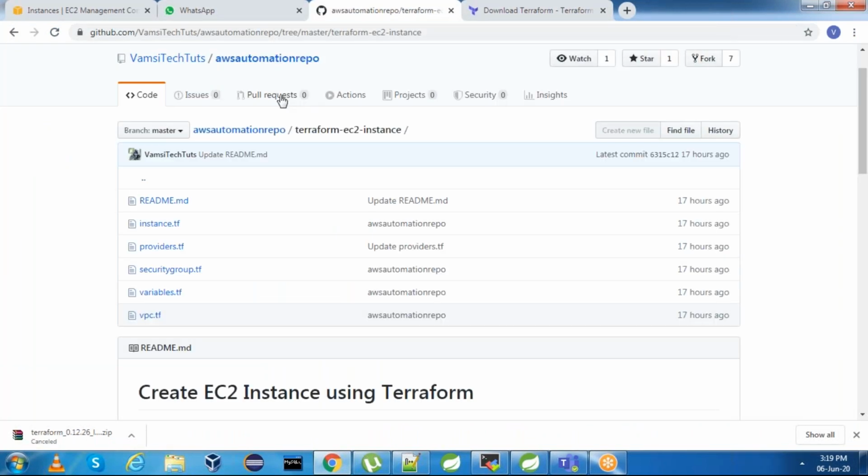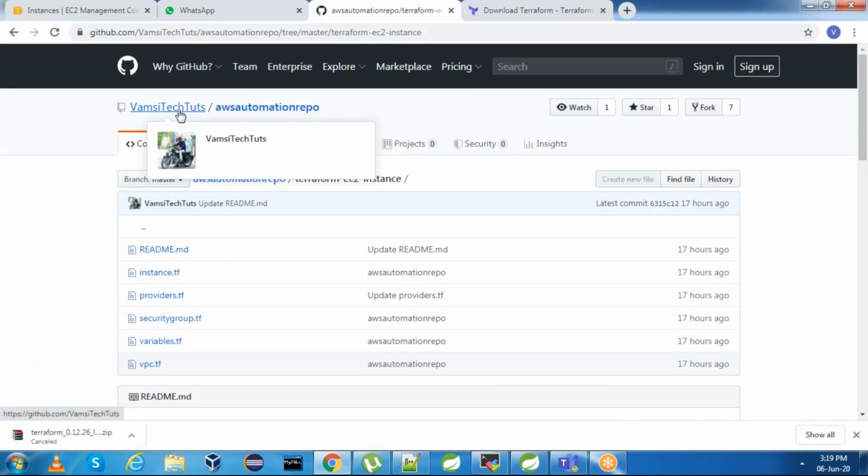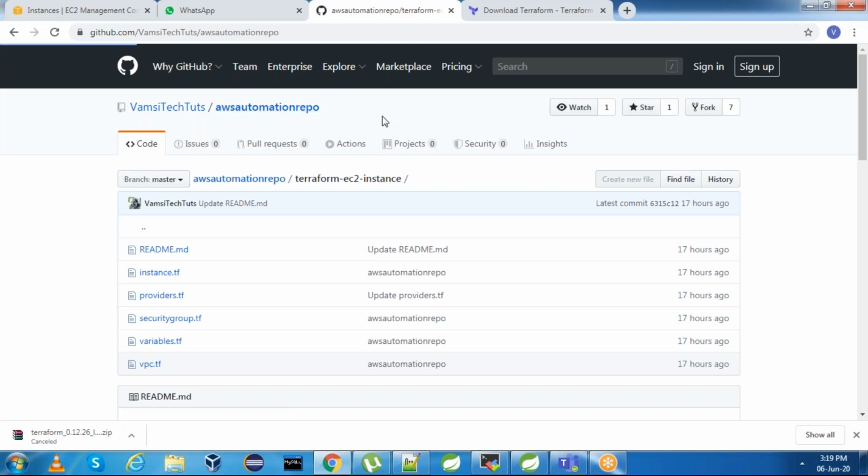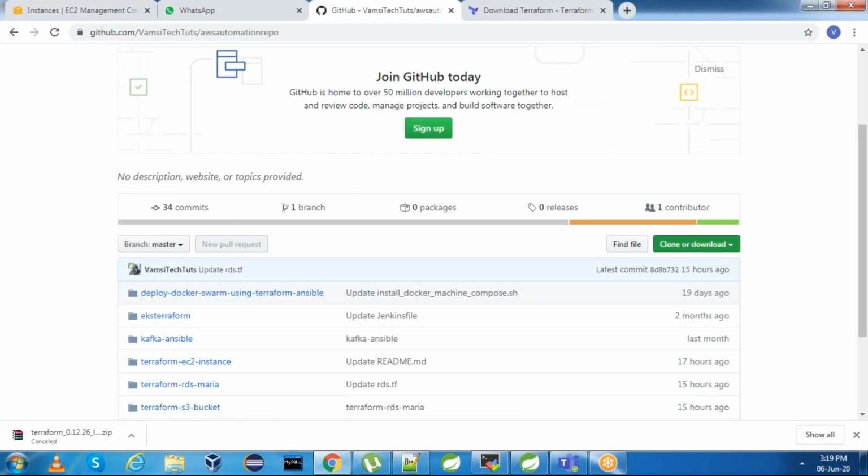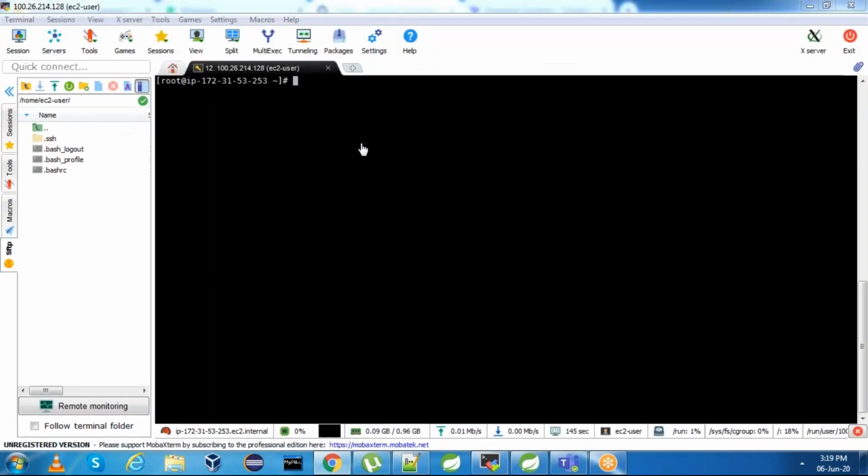instance. It's there under my GitHub repo, Vamsi Tech Tutorials AWS Automation repo. First, clone this repository. Yum install git.